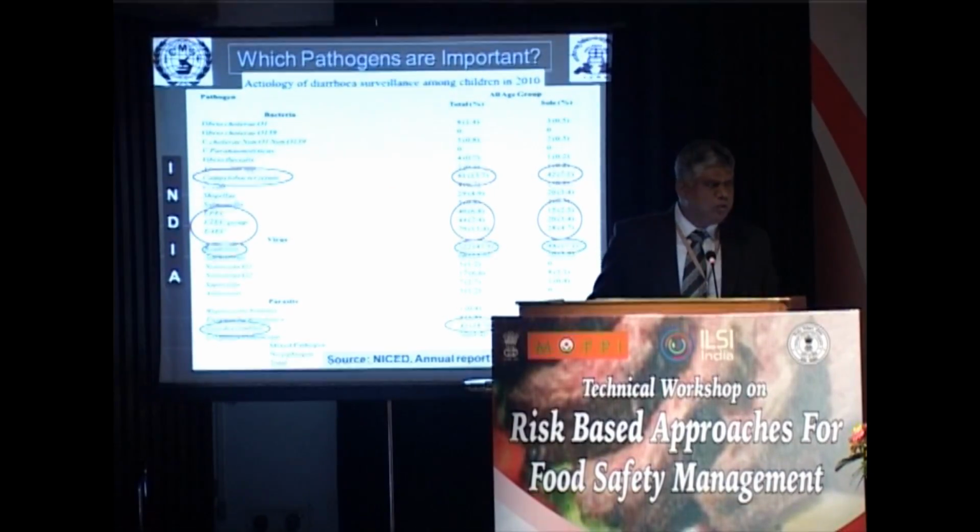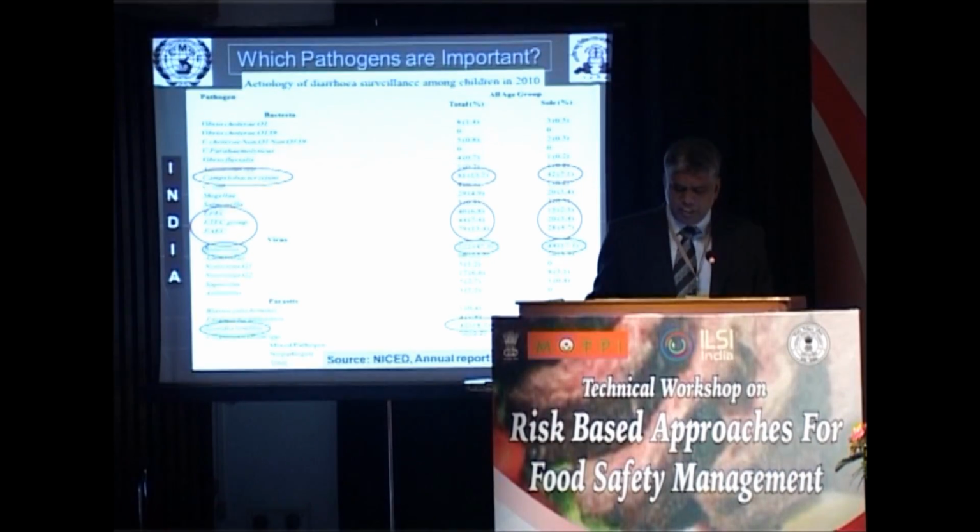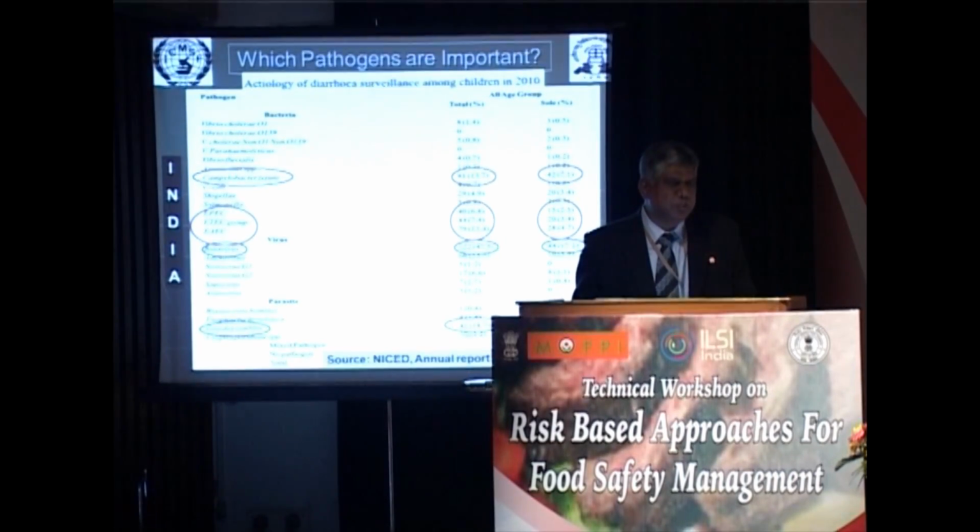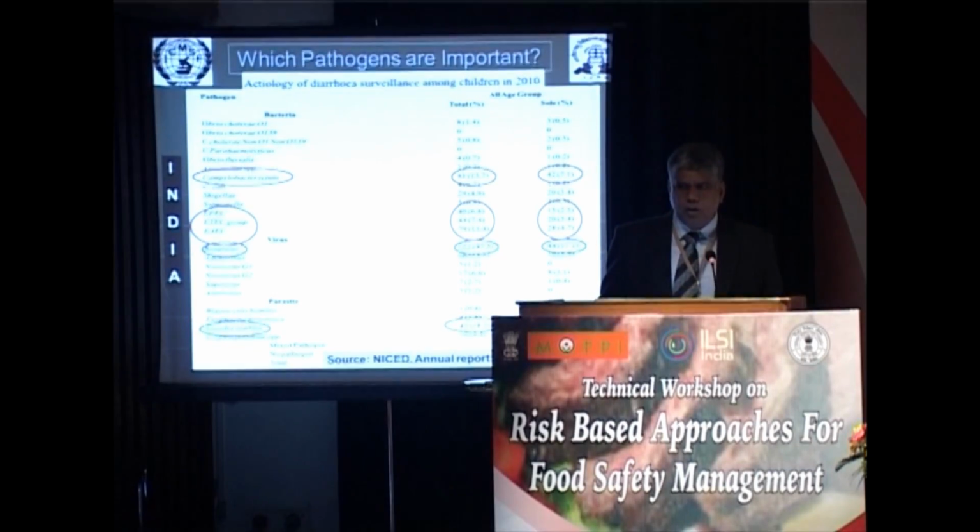Situation in India, we do not know. As I have told you, the relation between food poisoning and etiology is not yet established, but there are quite a good number of reports on diarrheal diseases in children and in adult human beings. I have taken these figures from the National Institute of Cholera and Enteric Diseases annual report. They have been doing surveillance for the past few years on the diarrheal etiological agents. This is 1 year's figure, but these figures are almost similar for the past 3 or 4 years.